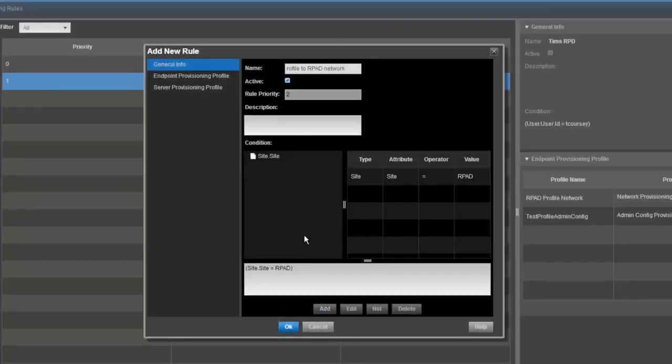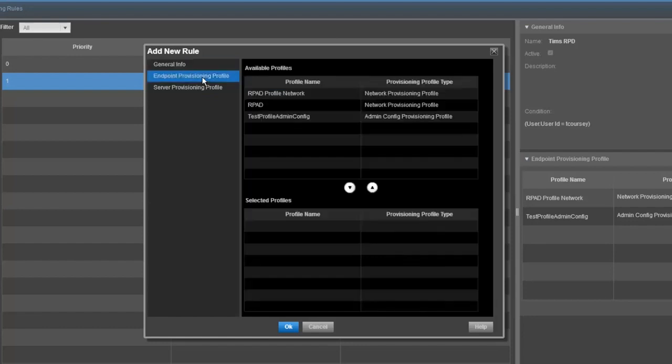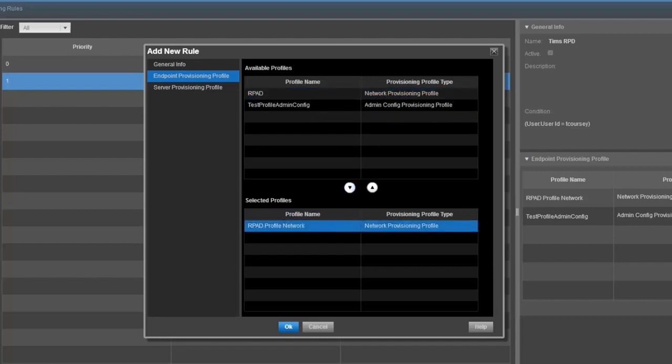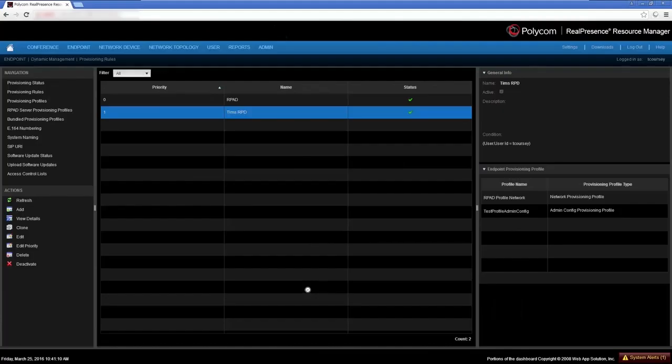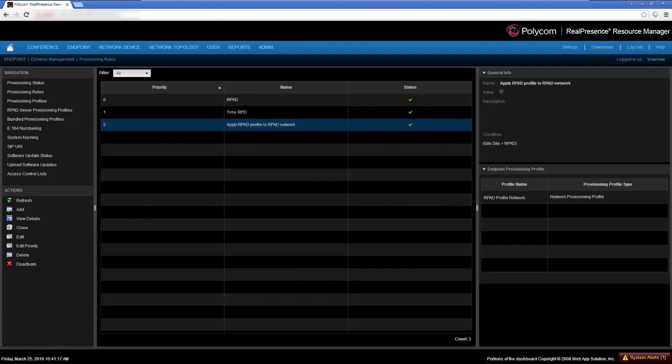Next, select the Endpoint Provisioning Rule tab. Highlight the profile that you want to apply and click the down arrow. I have added the RPAD profile. Click the OK button to save the rule. For my system, when an endpoint logs in through the RPAD network, my RPAD profile will be applied to that